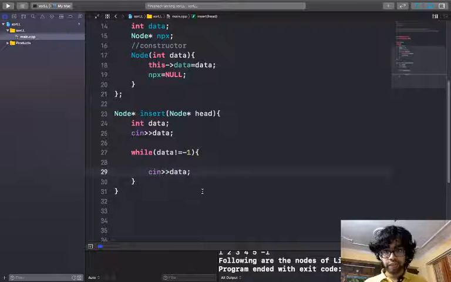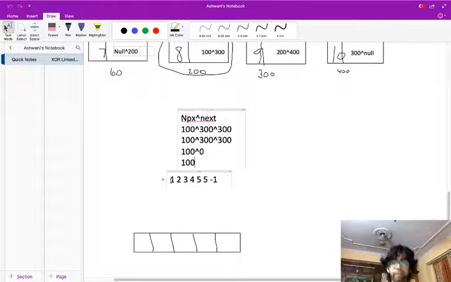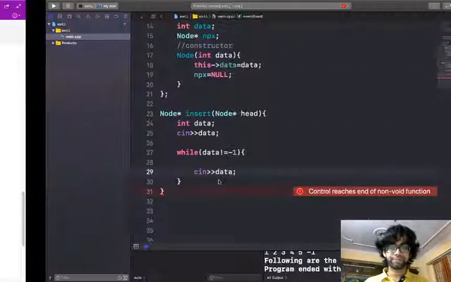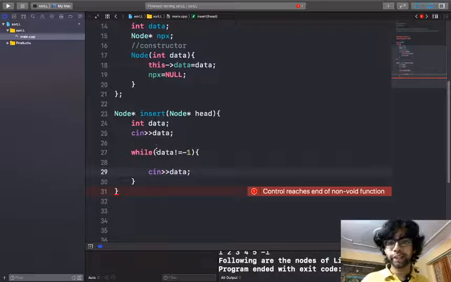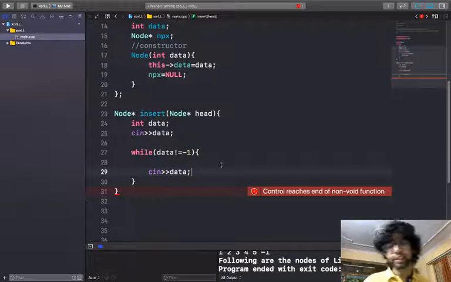It will work like this. Let's say if I give input 1, 2, 3, 4, 5, 5, -1. -1 will act as a delimiter. It will stop taking input whenever we give -1 as input. So that's why I put the condition data is not equal to -1. There's a drawback to that. I will discuss it later.